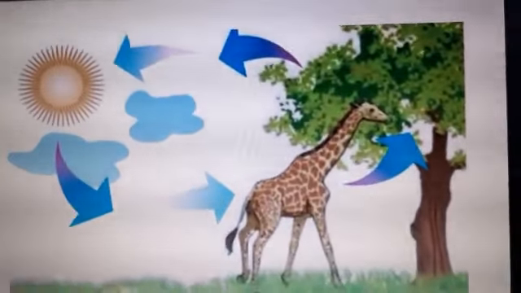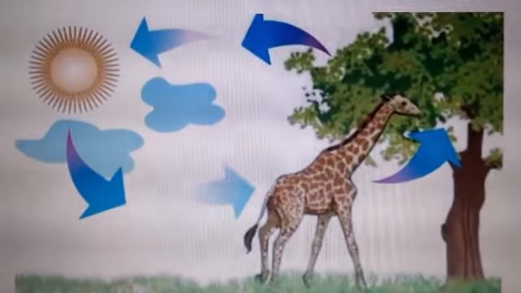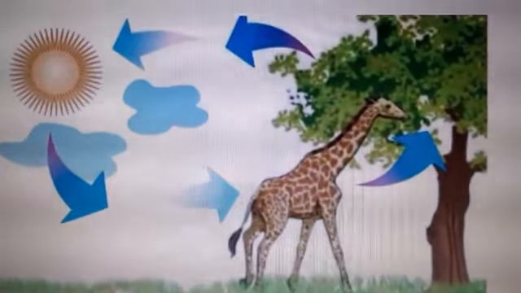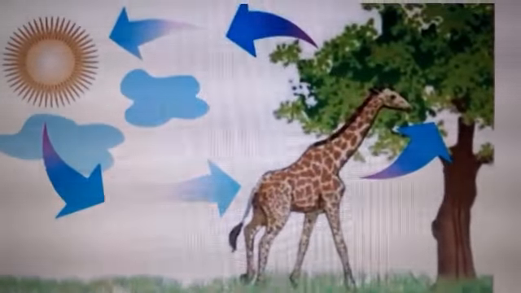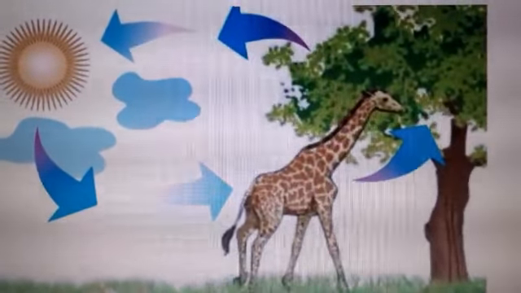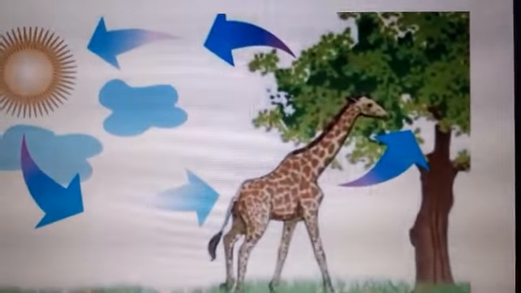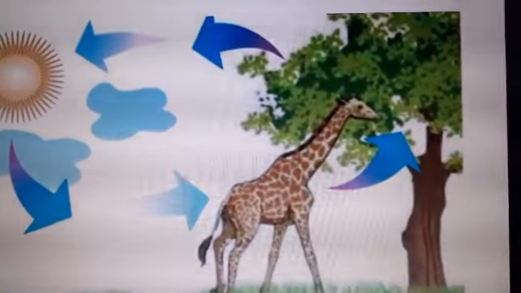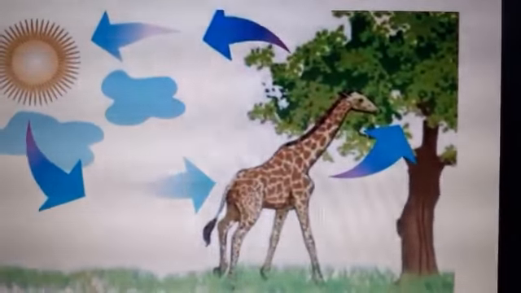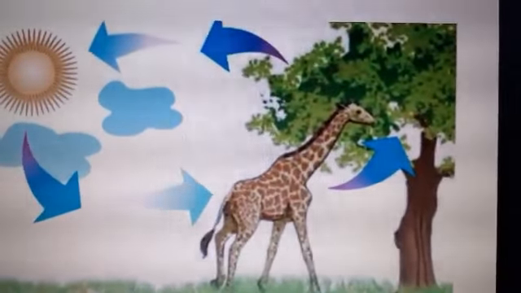Now see, this is the picture in which you can see the sunlight, clouds, the green grass, a giraffe and a tree. The grass is a plant, a herb. It prepares its own food with the help of sunlight and water from the rain. A tree is standing there, a giraffe is eating the leaves of the tree, and again the cycle. This is the food chain you can see. This is the diagram of the food chain, how life is dependent on plants from nature. So nature is fulfilling everybody's needs.